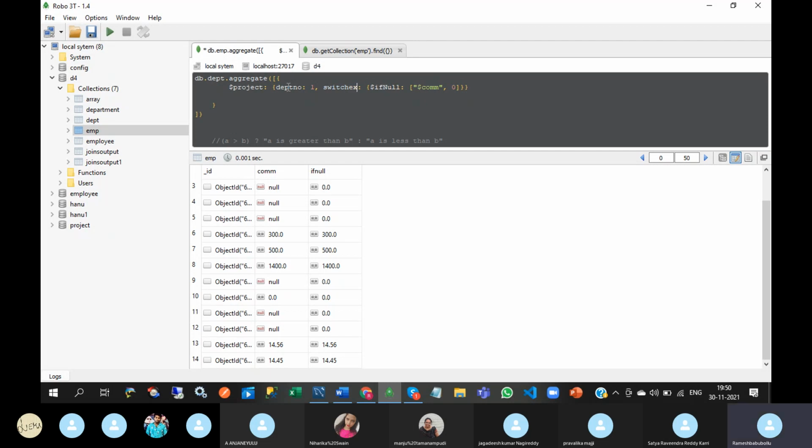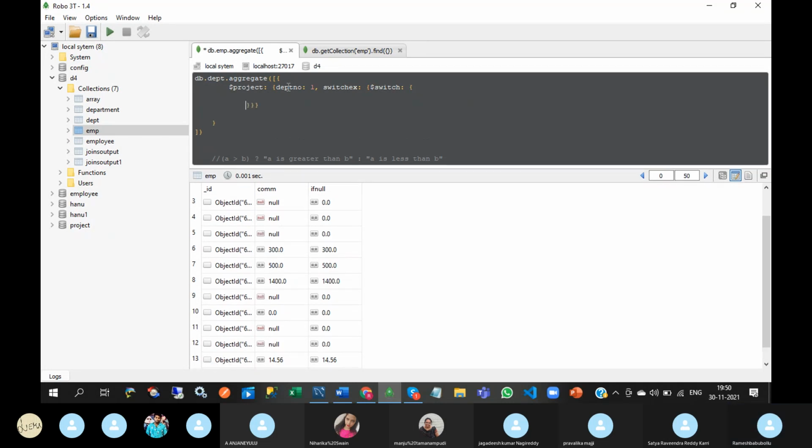Switch example, and here switch, and branches. So you need to use this branch keyword, and here